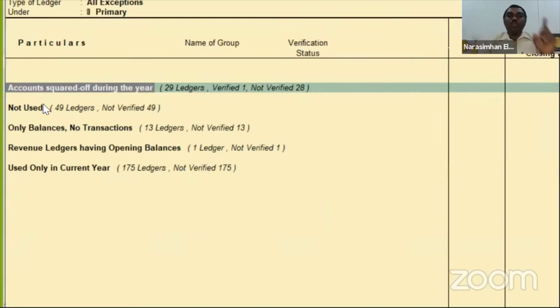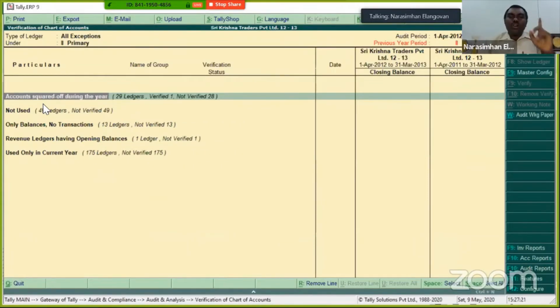Look at this. At one shot, I can get to know what are all the accounts squared off. What is account squared off? Basically, the debit I created, credit correspondingly I passed in it. So these accounts are normally the pass-through accounts. Through these accounts, they just pass it so that people are not actually noticing it.